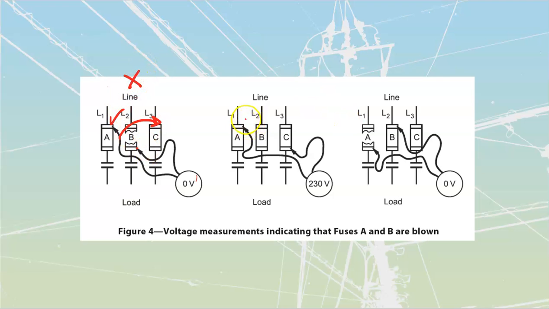Then I'm going to test across from, it doesn't matter, you can be testing from the top of B or from the top of A. I'm going to test across to the bottom of C. Okay, that's good to go. Therefore I know that this is a good line, and therefore this one must be good as well,